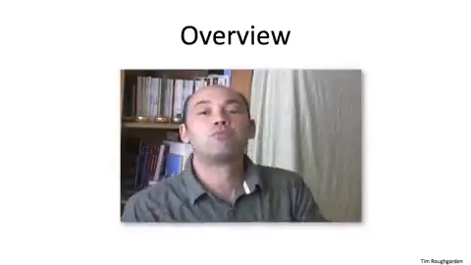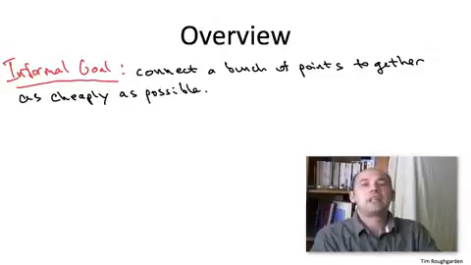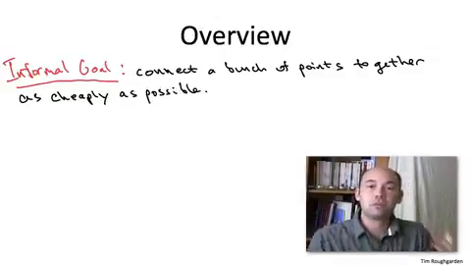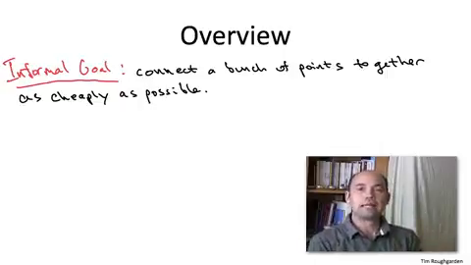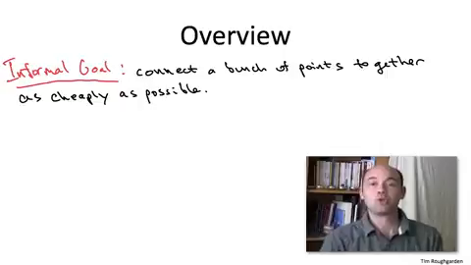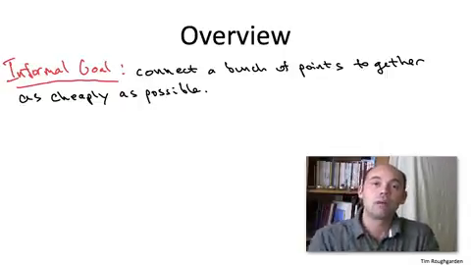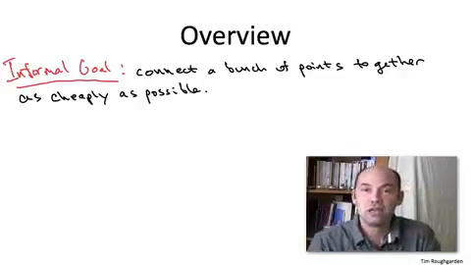So I'll give you the formal problem definition on the next slide, but first let me just say informally what it is we're trying to accomplish. Essentially what we want to do is connect a bunch of points together as cheaply as possible. And as usual with an abstract problem, the objects could mean something very literal, so maybe the points we're trying to connect are servers in some computer network, or it could represent something more abstract, like maybe we have a model of documents, like web pages, where we represent them as points in space,